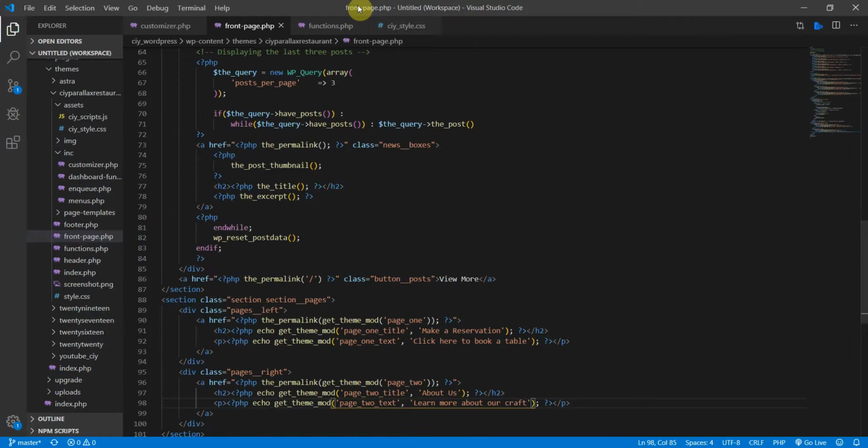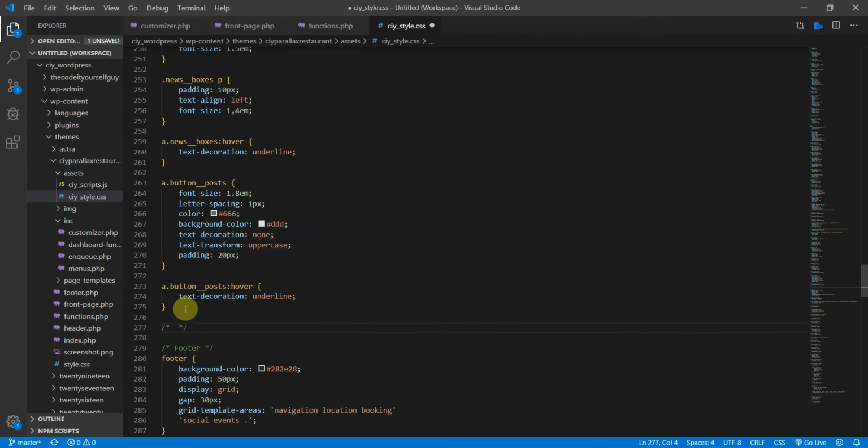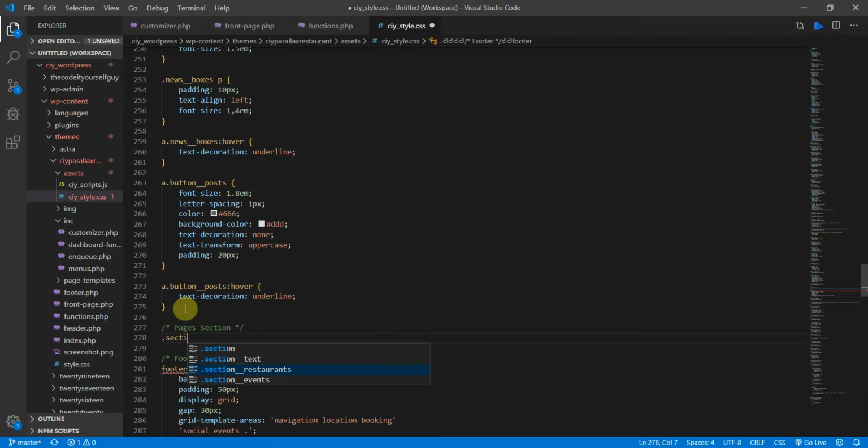So let's open up our style sheet. And in our style sheet, we're going to go down here to the bottom, just before the footer, and add a new section there. I'll call it pages section. And the first thing we need to do is target the actual section class. So it was section_pages,